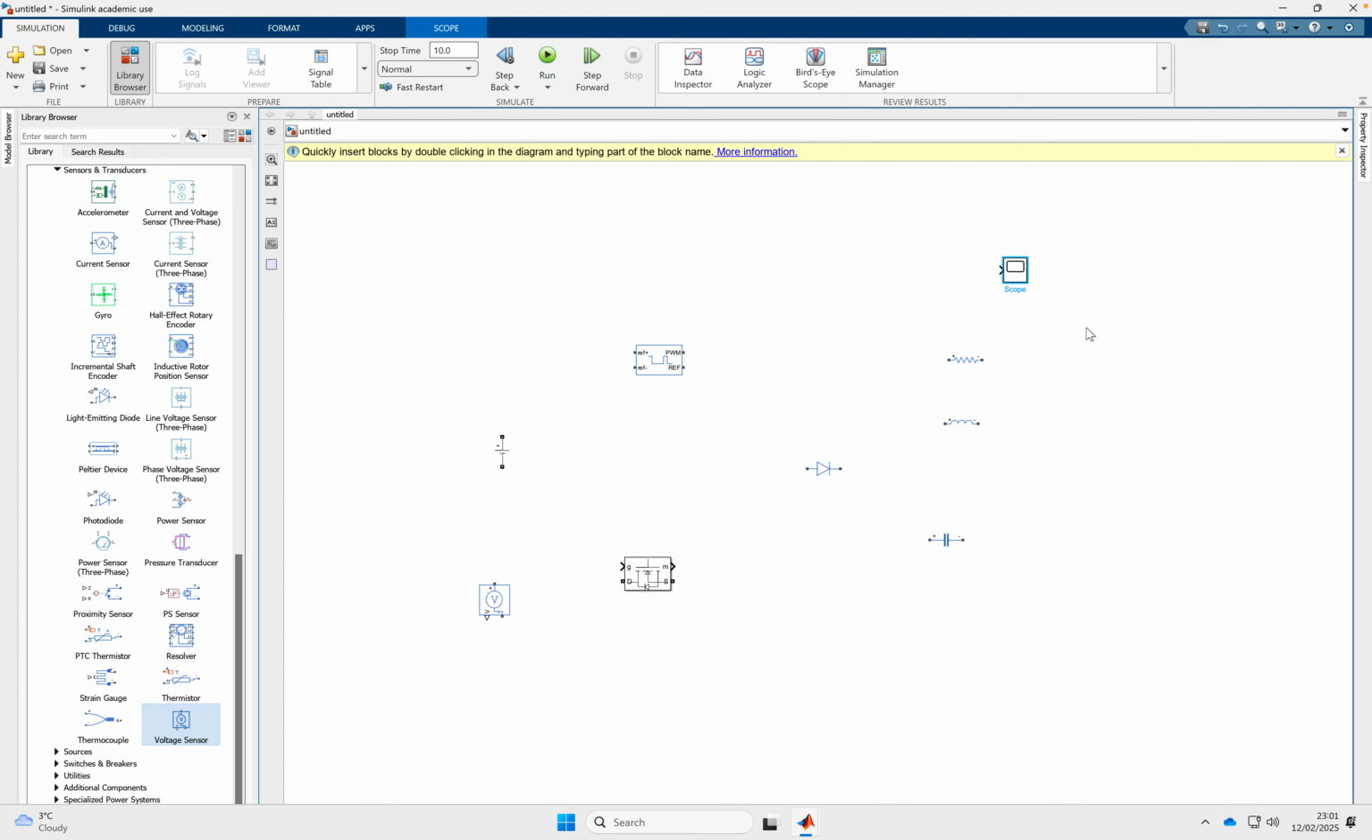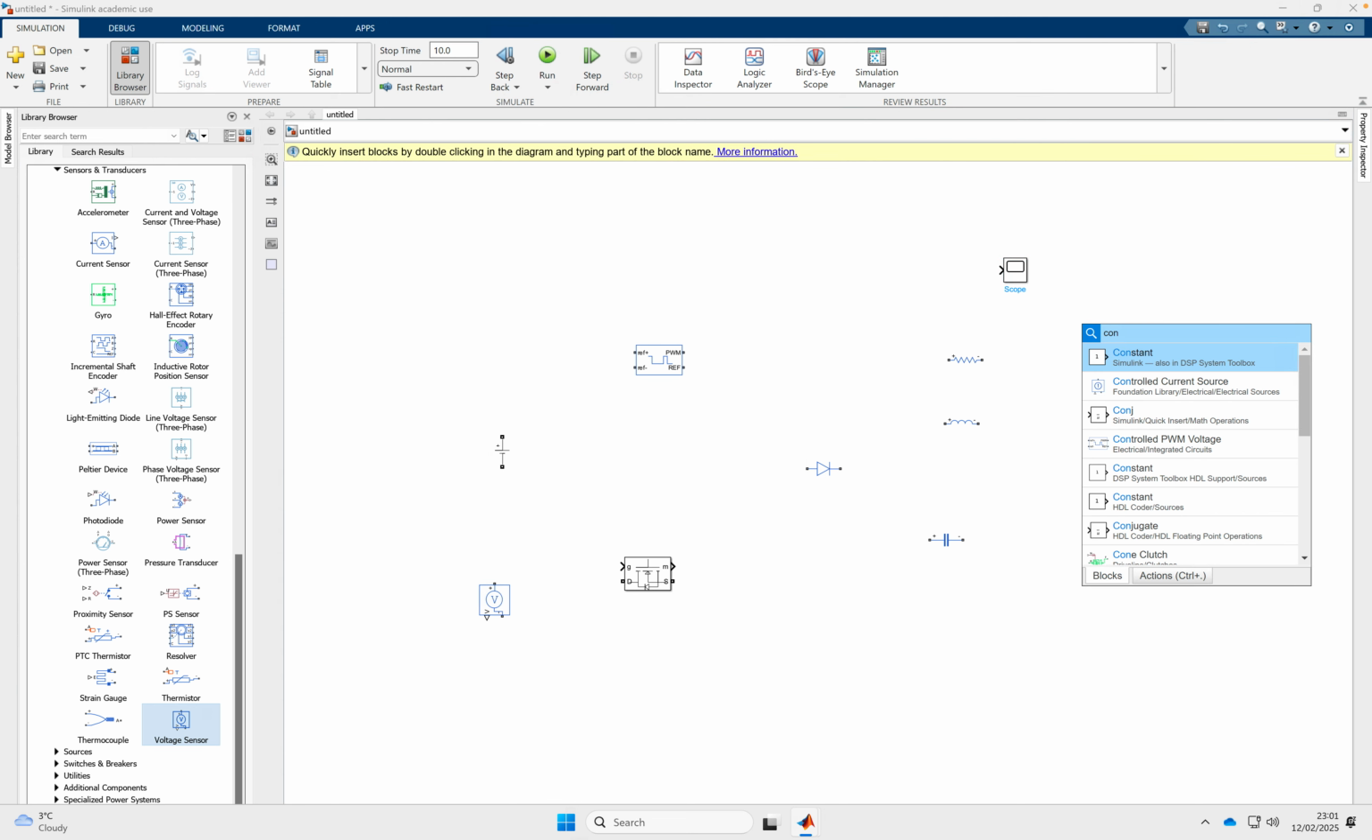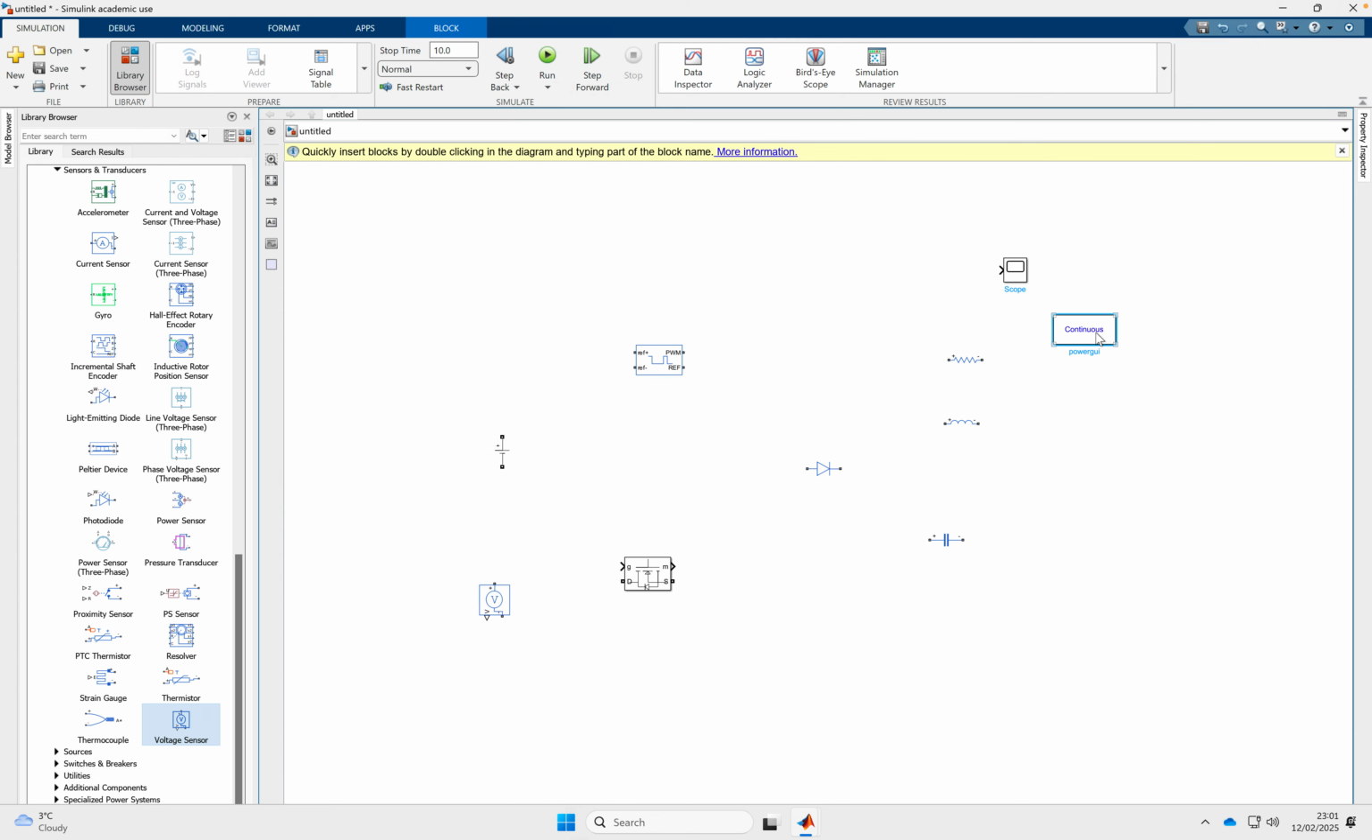So we type continuous. That's when we type power GUI, which is written continuous inside it. Without this, you can't run a Simulink model. So we need this, the power